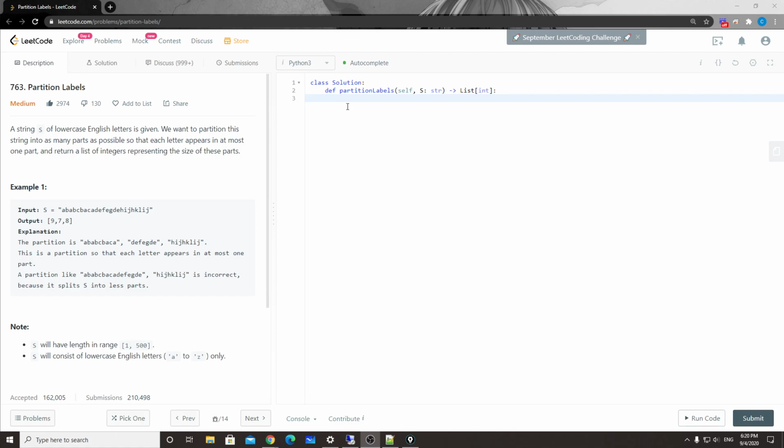So today, let's take a look at number 763, partition labels. Okay, so you're given a string, very straightforward. It asks you to partition the string into as many pieces as possible, where in each of the partitions,